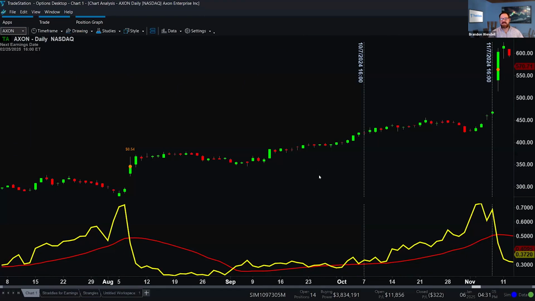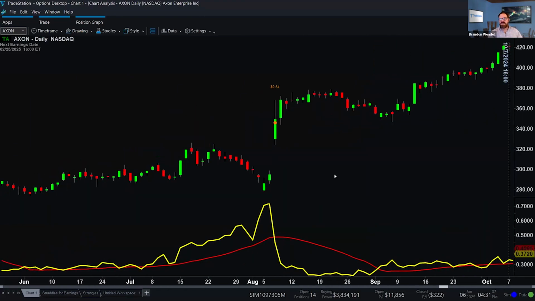Case in point, again, I go back to my chart, and this is on Veritex. No, sorry, this is on AXON. On the day of entry, you can see we're in a strong bullish trend right now at 420. The implied volatility was relatively low. The options selected at that time were not going to expire until January 17th. The earnings announcement was November 7th. So even at the November 7th, you still had December, January, and a couple weeks before the expiration. Was time really going to be a problem?